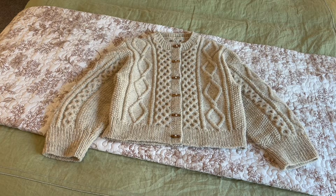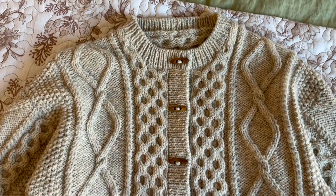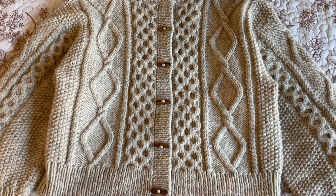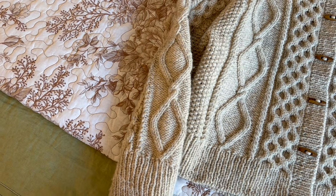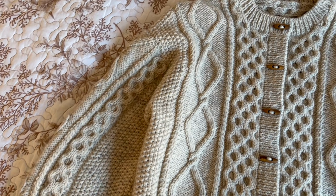It's knit on 4.5mm needles, and a lot of it is charted. Pretty much the whole thing actually is charted. It is rated a 5 out of 5 difficulty on Petite Knit's website. But you know, I feel like if you've done cables before, or if you've knit a cardigan before, you'll do just fine, because these cables, they all kind of line up on the same